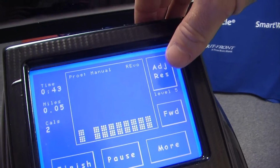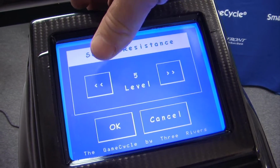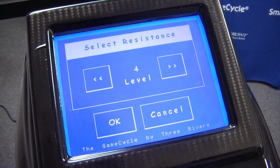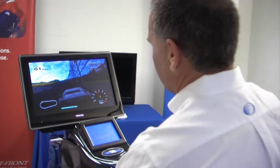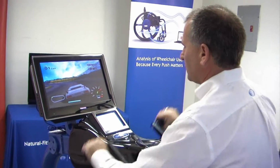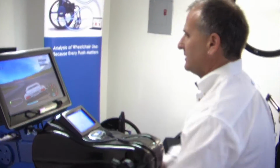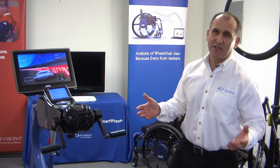Another one is that we can adjust resistance while the person's cranking just by hitting that. Now the resistance screen comes up. Let's set it back to 4, which is where we wanted it before. You hit OK, and then you just go back to cranking. And if you were a therapist working with someone else, they could have been cranking the whole time while you adjusted that resistance. So there you go, a few features of the GameCycle, and within 5 minutes you're able to